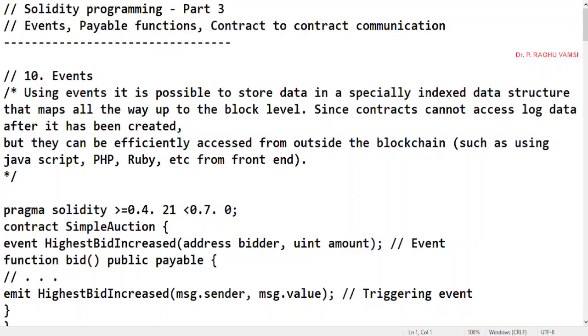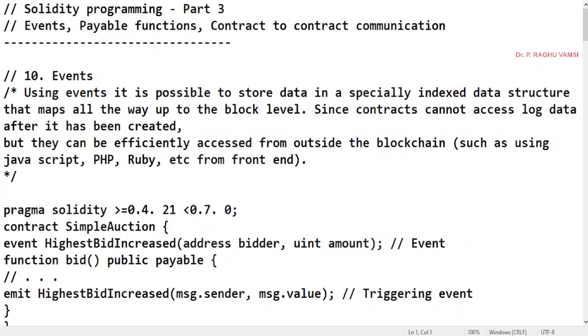Here, events. Using events, it is possible to store data in a specially indexed data structure that maps all the way up to the block level. Since contracts cannot access log data after it has been created, but it can be efficiently accessed from outside the blockchain, such as using JavaScript, PHP, Ruby, etc. from the front end.